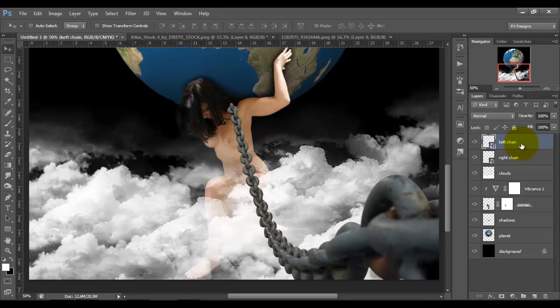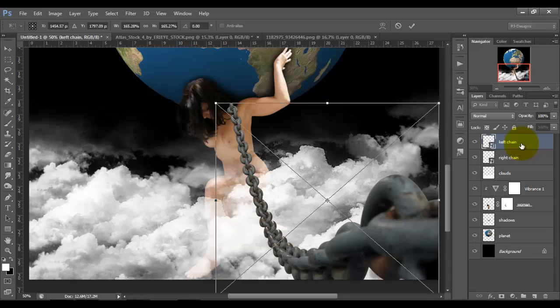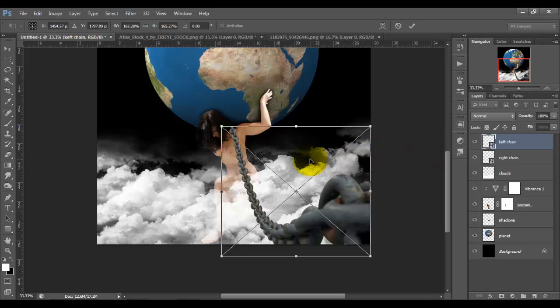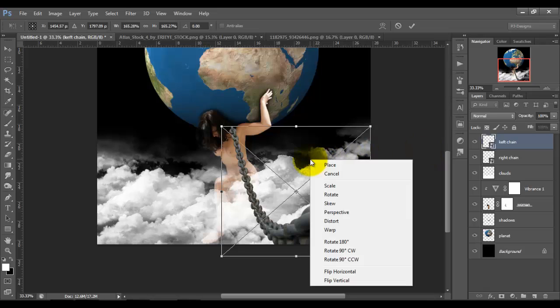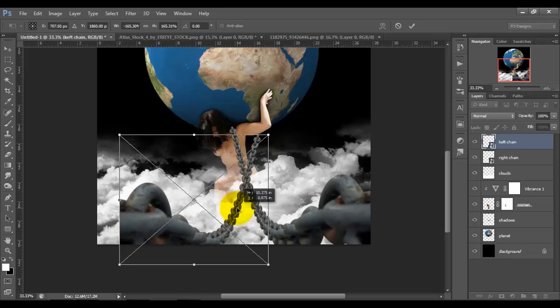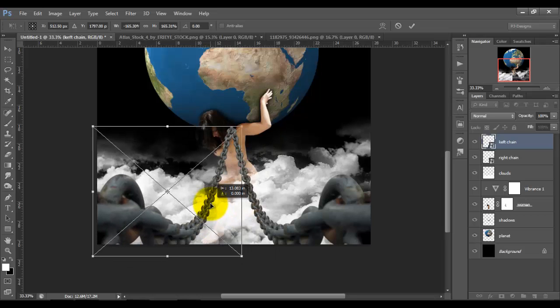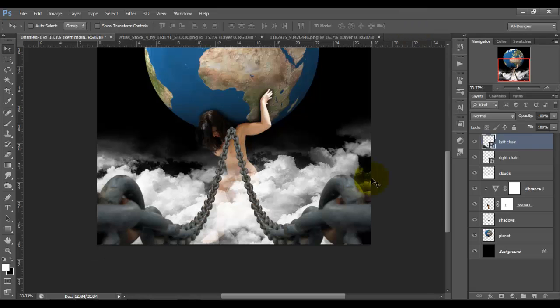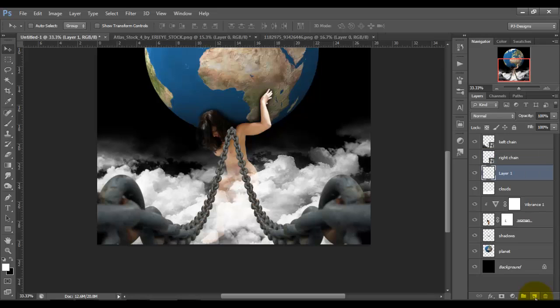Press Control T to move this to the other side. Right click and flip horizontal and move it to the other side. Press OK. So we're gonna go back to the right chain, add a new layer below, so press Control and click on the new layer icon,